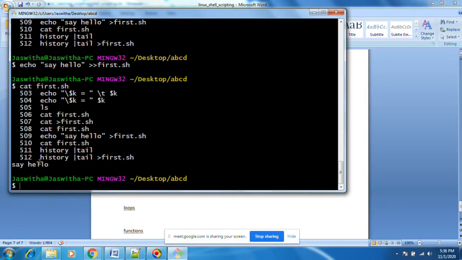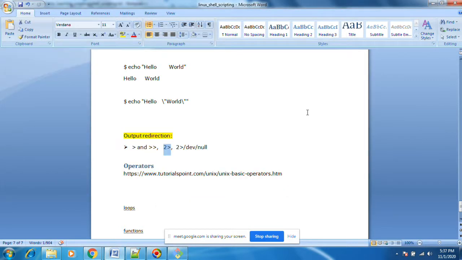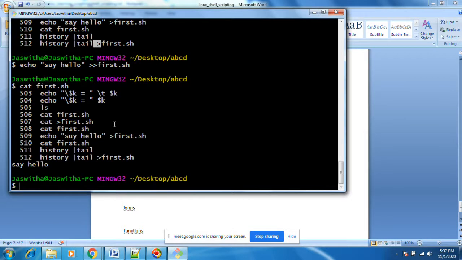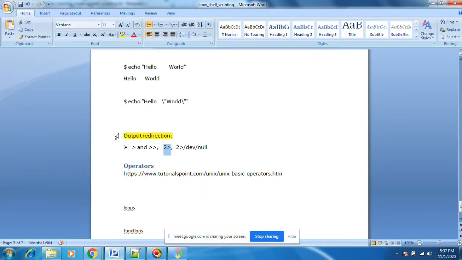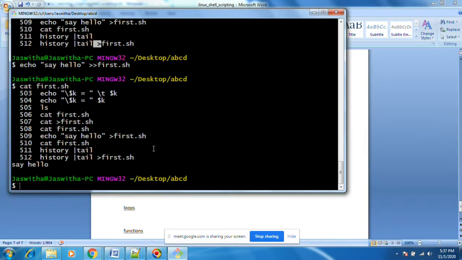Okay, not only in the terminal, you can use greater than inside the script also. We'll see in the next loops. In the loop section, we will keep greater than in some loop and then see how it prints. It creates a file and then it appends also. This is how you create a file inside the script using echo.